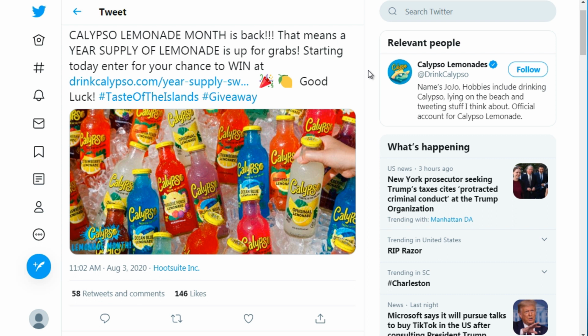If we find out that maybe there's a Calypso lemonade store in a specific city, we could hashtag that specific city or location or wherever. So that's what happens here: you're not just targeting your followers, you're also targeting people who are going to want your product, if that makes sense.